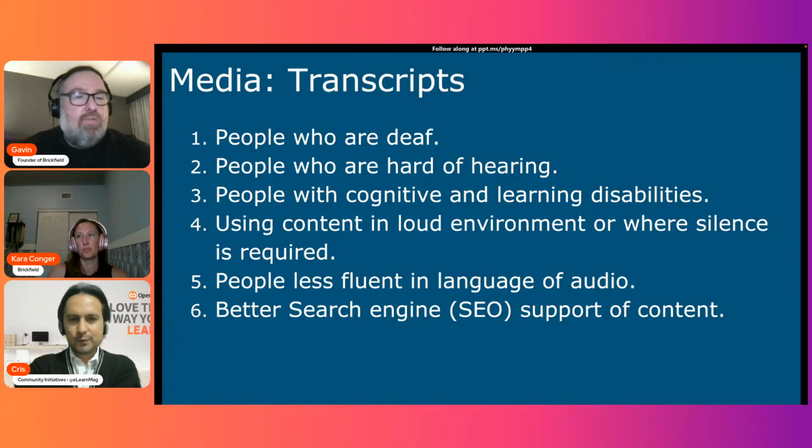In LMSs, if you don't have the text of the video or even a good abstract of the video, the search engines can't find it. It's just an embedded media file, nothing else. So all those videos that you've got in your LMS, if someone searches for them, they're not finding them. So add a transcript, or if the video platform has a transcript, at least add a good abstract for your video, or people will not find them.